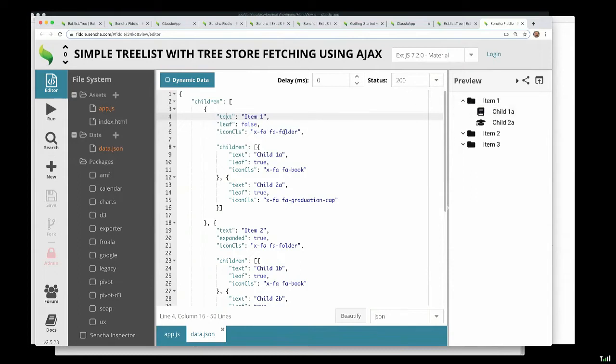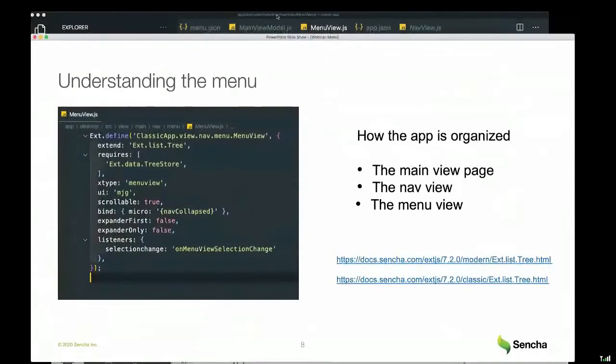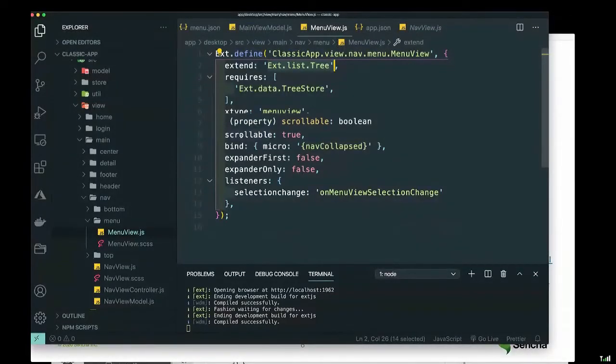This first one is an FA folder. The one underneath here is an FA book. So Font Awesome by default comes into an Ext JS application. So that's really what you need to know to understand how a tree list works. So let's go back to the application and see how that's implemented so that you can do this yourself in this